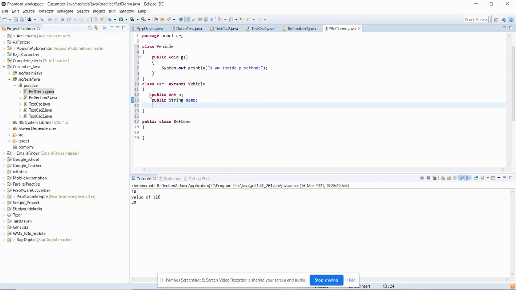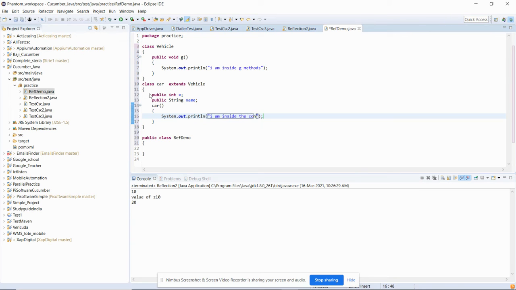It also has a constructor, Car, which has the same name as the class, and inside it we print, I am inside the constructor.